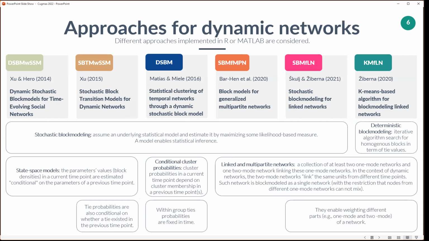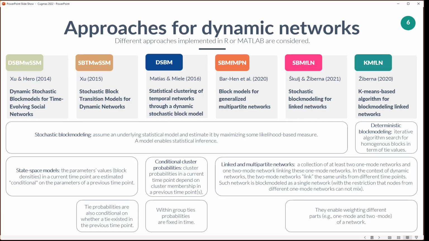Here is the list of approaches for block modeling dynamic networks that we found and consider in our study. Almost all existing approaches were included in our study. You can see that most of them were proposed quite not that long ago. The oldest is this approach proposed by Hu and Hiro in 2014. So these are all different approaches with very similar aim or purpose, but they differ in some